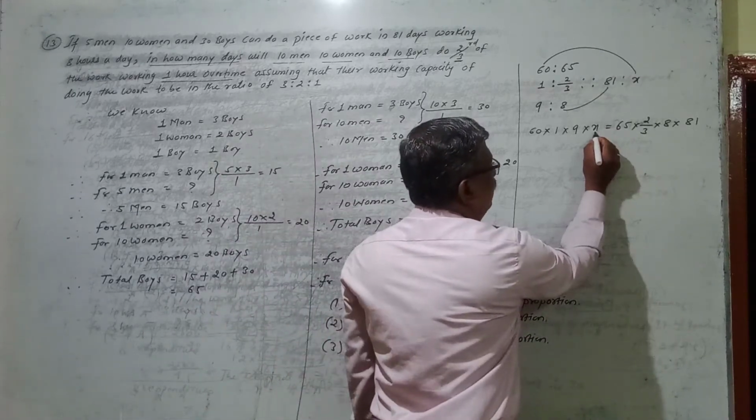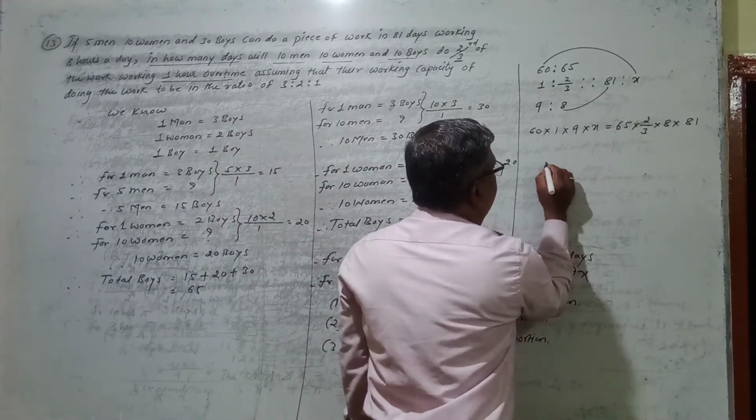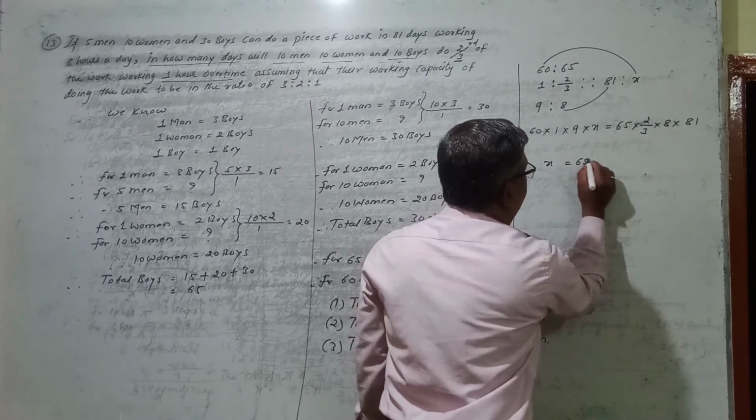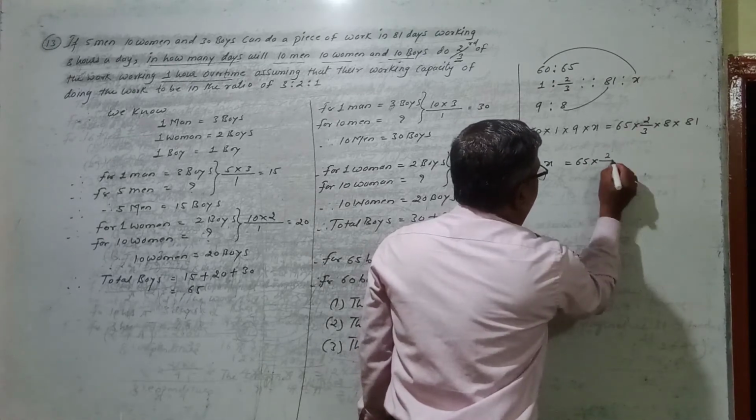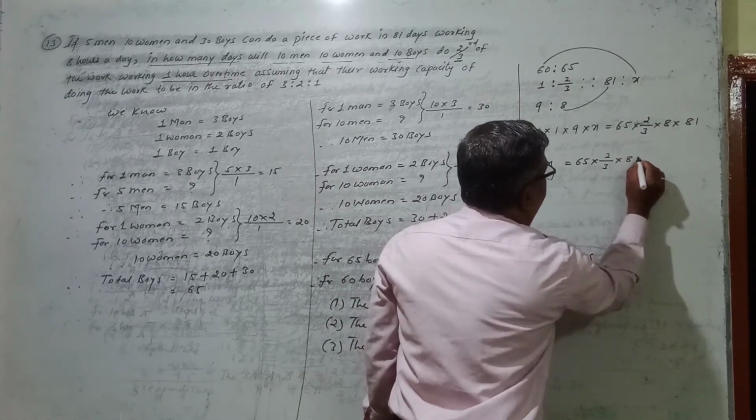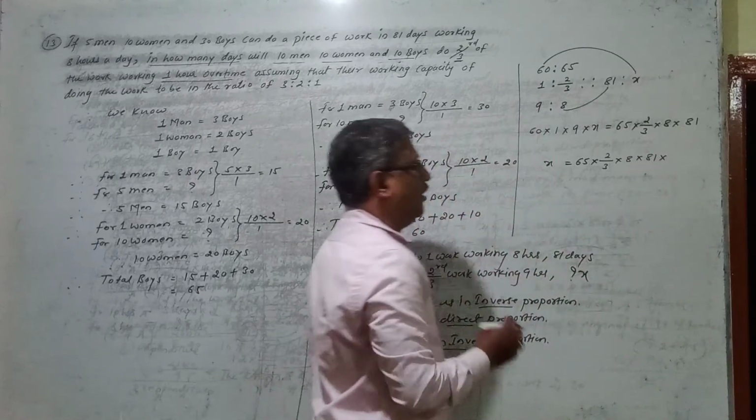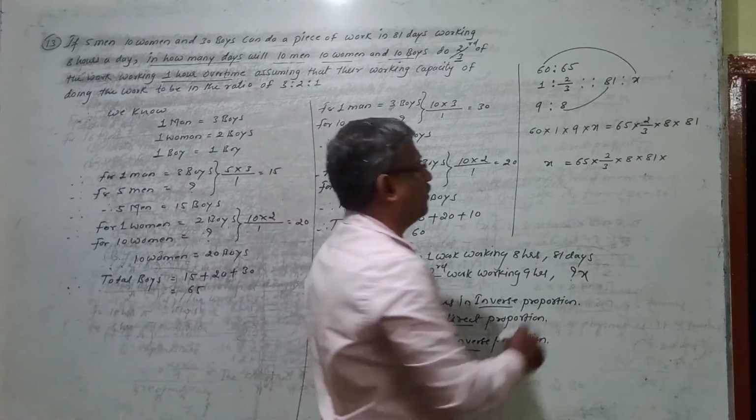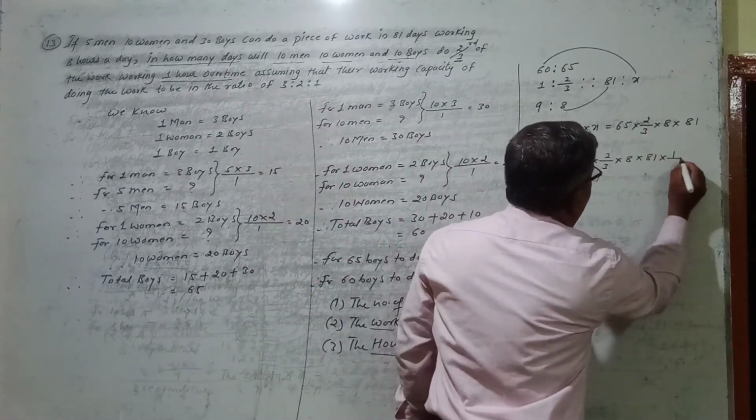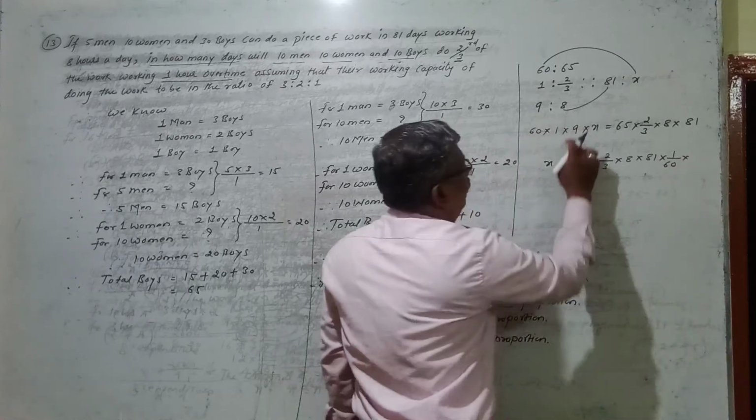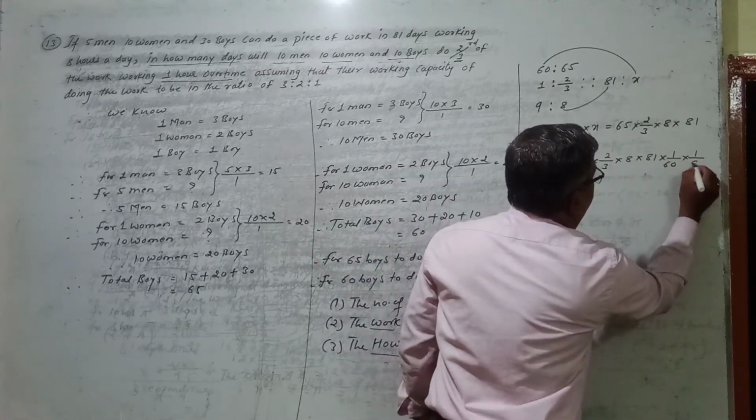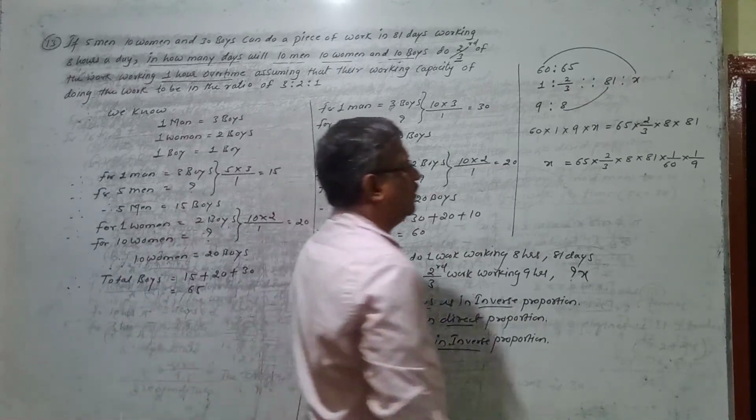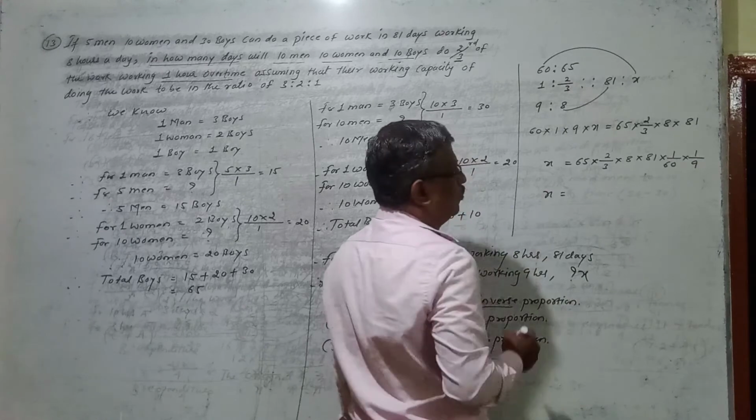Now I want the x value, so bring this x outside. x is equal to 65 into 2/3 into 8 into 81, and transferring these values to that side, all this multiplication becomes division. Divided by 60 means multiply by 1/60, and divided by 9 means multiply by 1/9. And simplify this. So x is equal to,